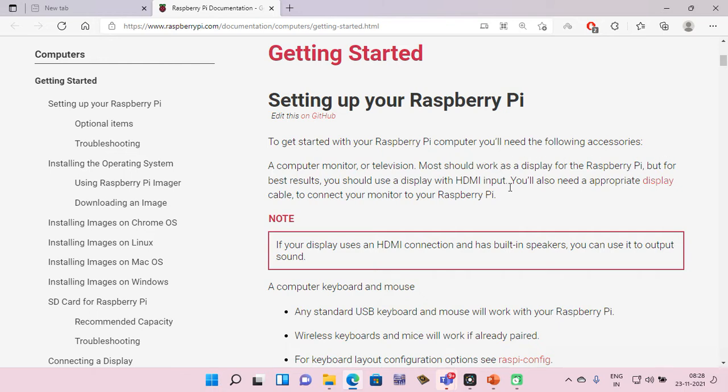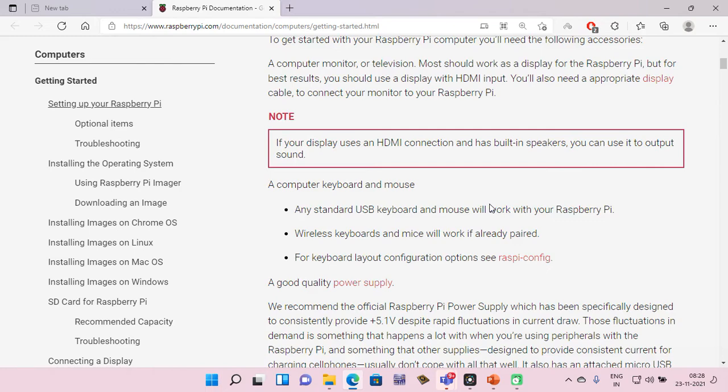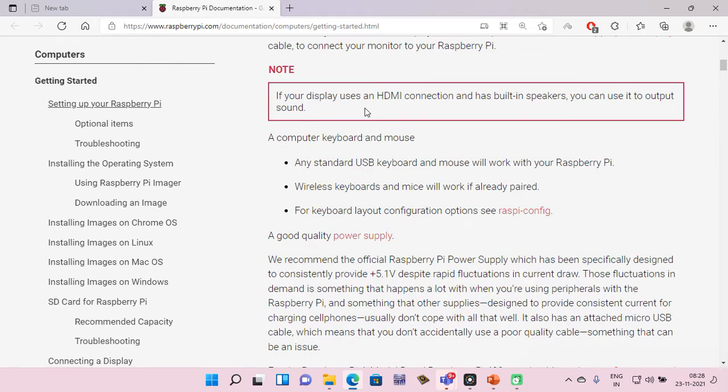You will need a computer monitor or television. Most should work as a display for the Raspberry Pi, but for best results, you should use a display with HDMI input. You will also need an appropriate display cable to connect your monitor to the Raspberry Pi. If your display uses an HDMI connection and has built-in speakers, you can use it to output the sound also.